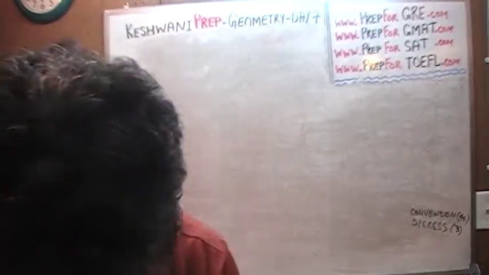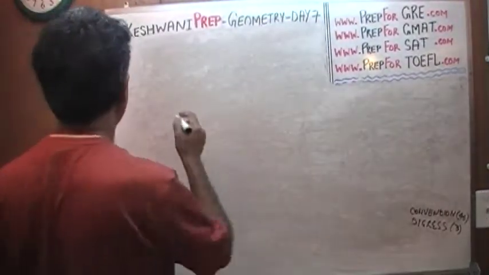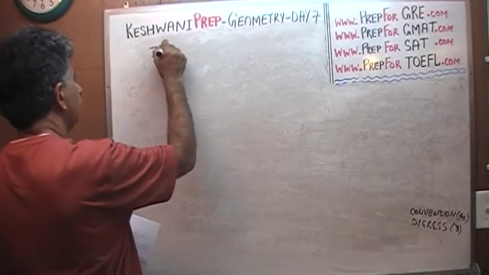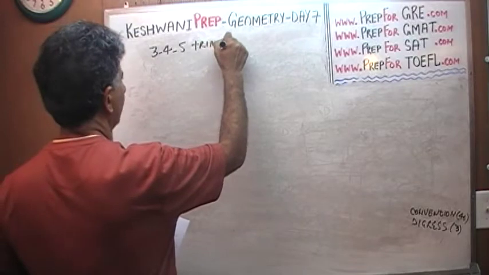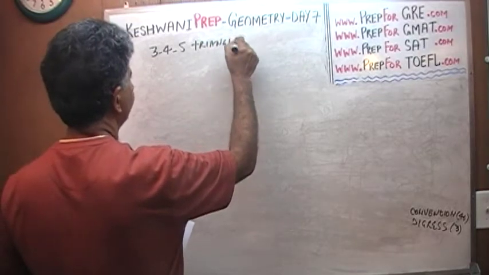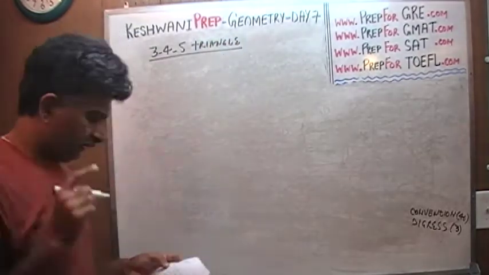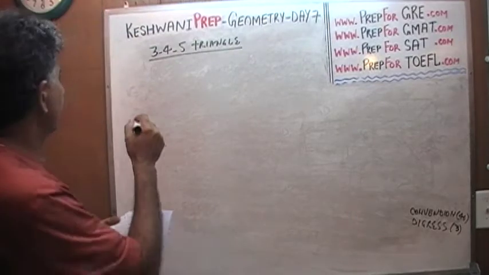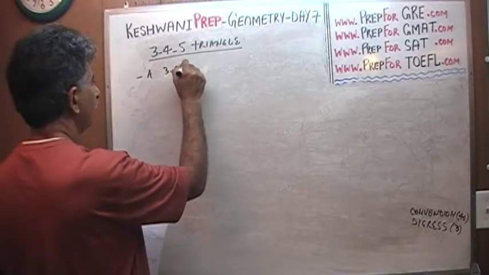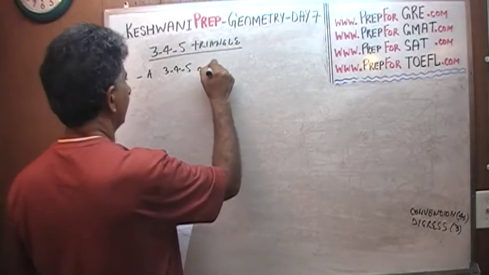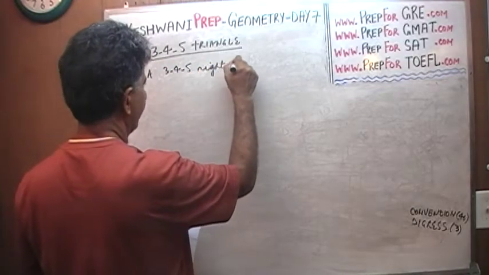Today we'll talk about the concept of a 3, 4, 5 triangle. What is a 3, 4, 5 triangle? A 3, 4, 5 triangle, first of all, is a right angle triangle,